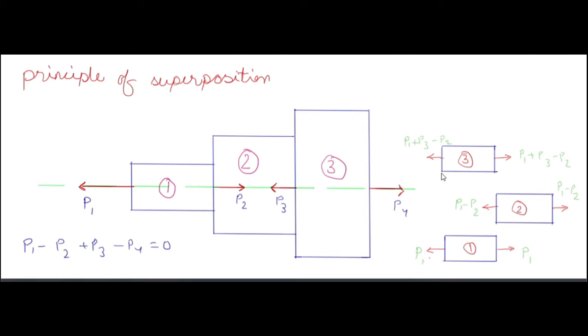Now you have the load acting on different areas of cross section, you know the lengths, and you know the areas of the different cross sections. If it's an isotropic material, then you can find the elongation by PL by AE. So you can find the elongation of the whole bar by delta L1 plus delta L2 plus delta L3. That's the principle of superposition. So the whole elongation is equal to delta 1 plus delta 2 plus delta 3.